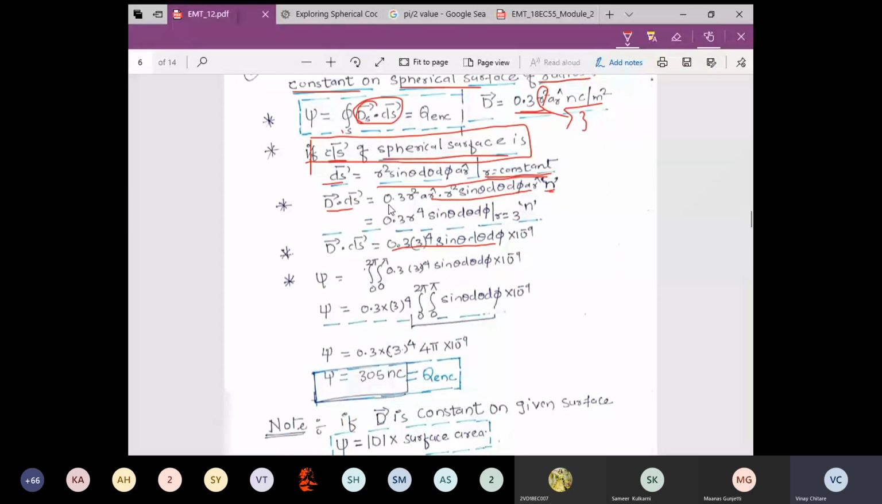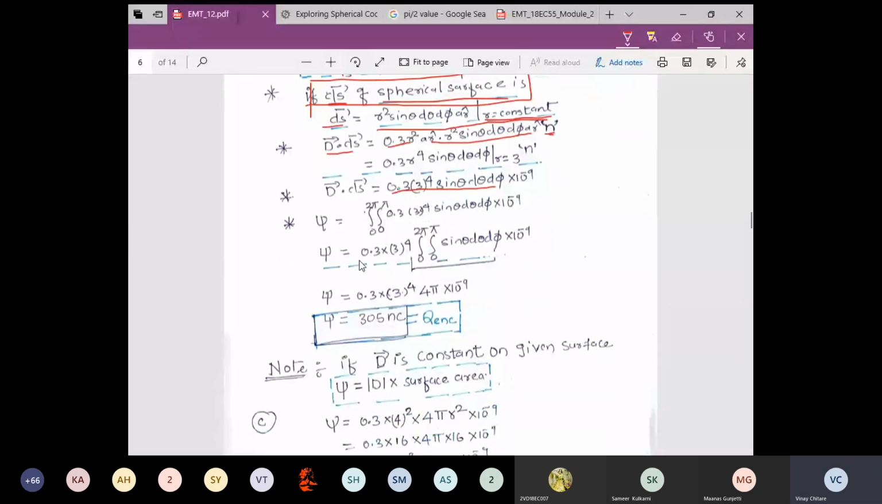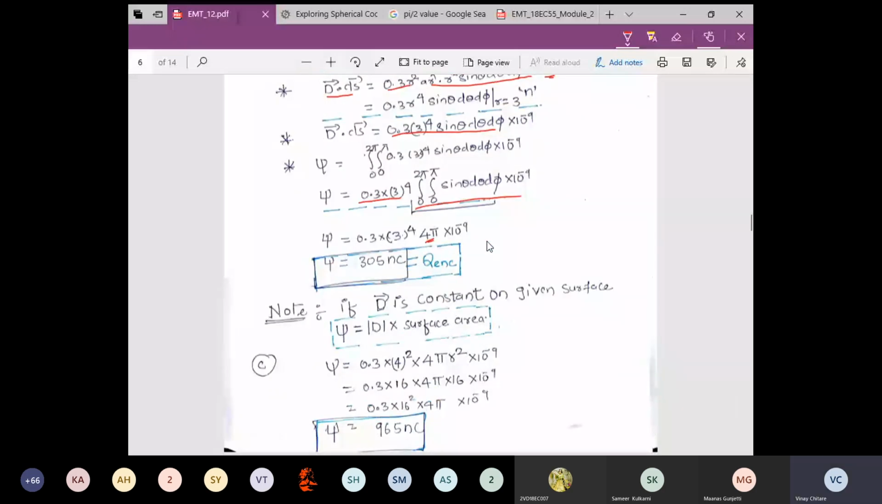It's 0.3 r square. When you substitute r equal to 3, 0.3 into 3 square will be constant. So combining in total, you can take the whole thing constant outside, and we are left only with this. And if you integrate this, it leads to 4 pi, and hence the total flux leaving that closed surface of a sphere r equal to 3 is 305 nanocoulomb,